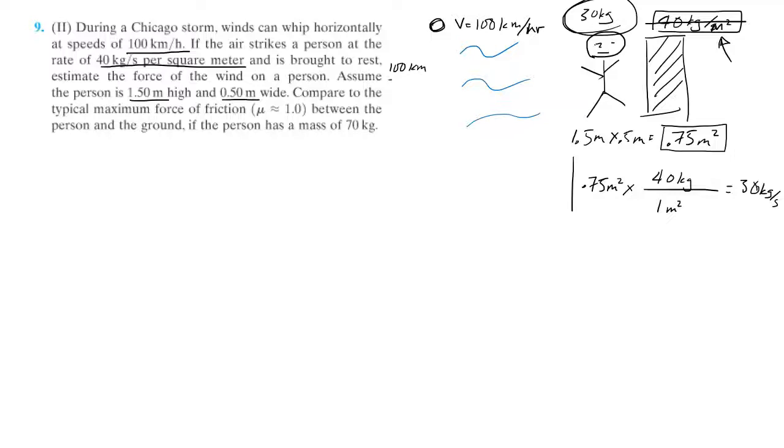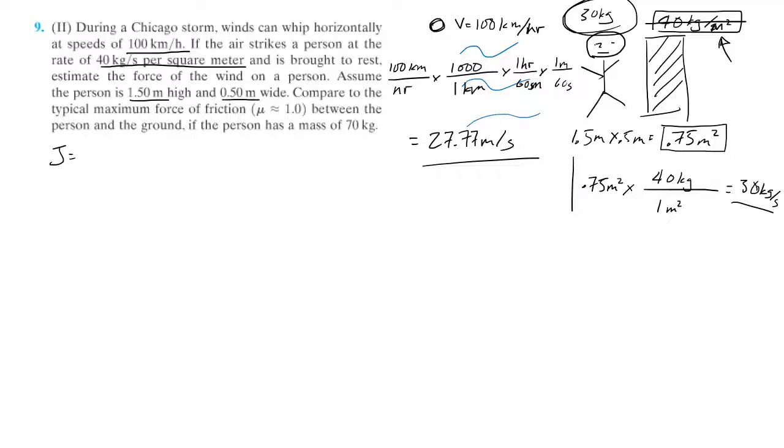So kilometers an hour. We know that every 1 kilometer is 1,000 meters. We know that every 1 hour is 60 minutes. And then we know that for every 1 minute, it's 60 seconds. So if you do that math correctly, you'll get 27.77 meters per second. Okay, so now we got kind of the numbers that we can fill in with our impulse equation. Just a reminder,